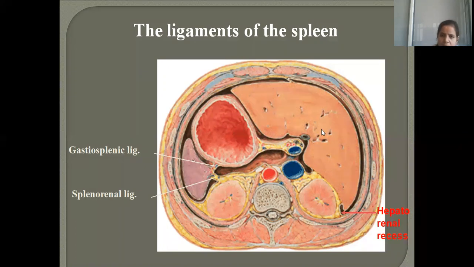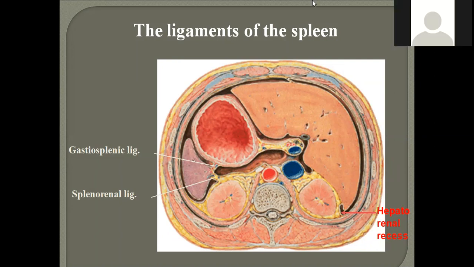Now see here, we know all of this liver is covered with peritoneum. There is a space between the right kidney and the liver. This is the right kidney, isn't it? The liver is present on which side of our body? Right side. So this becomes the right kidney. So between the liver and kidney, are you finding there is one small recess? A small space? We call it the hepatorenal recess. You remember, like for the lung also, we had the costodiaphragmatic recess. Wherever extra space is there, we generally use the word recess in anatomy.